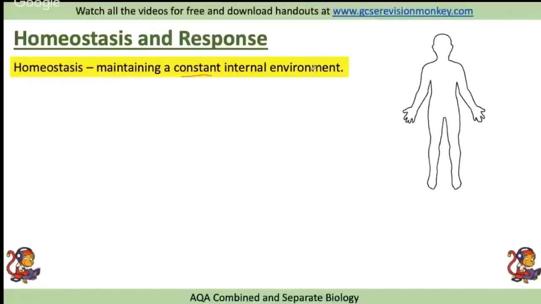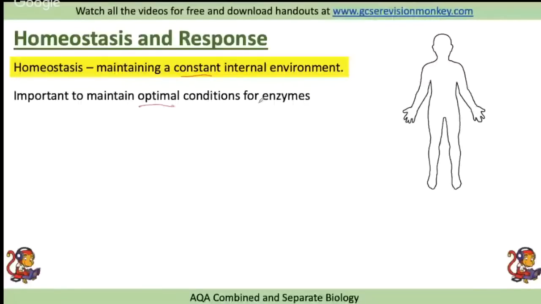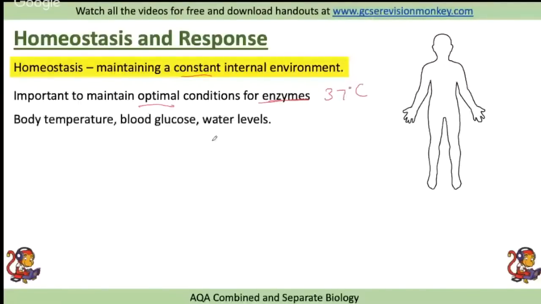This is important to maintain the optimal, which is the best conditions for enzymes. So enzymes working in your body, for example, work best at 37 degrees C. So we'd want to maintain that temperature at exactly 37 degrees C. Not only do we want to keep body temperature the same, but we'll also want to keep things such as our blood glucose, so our blood sugar levels, and our water levels within our blood and within our body cells